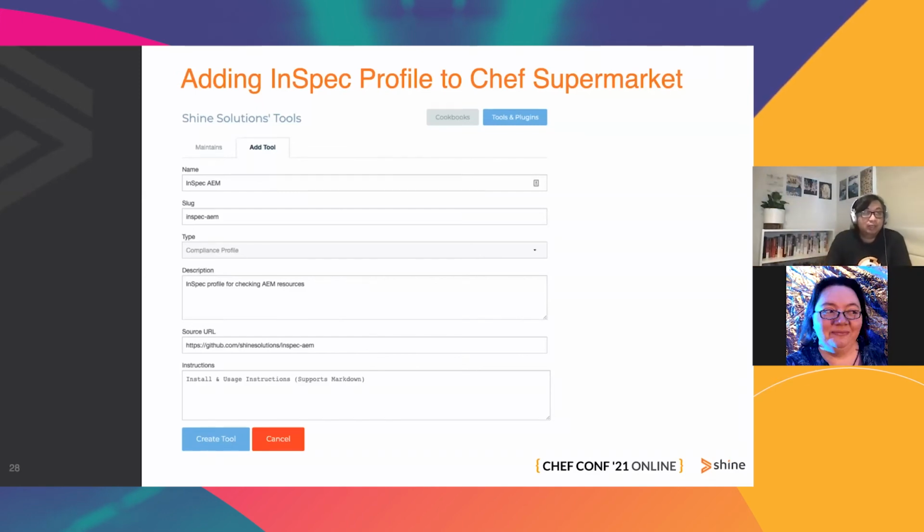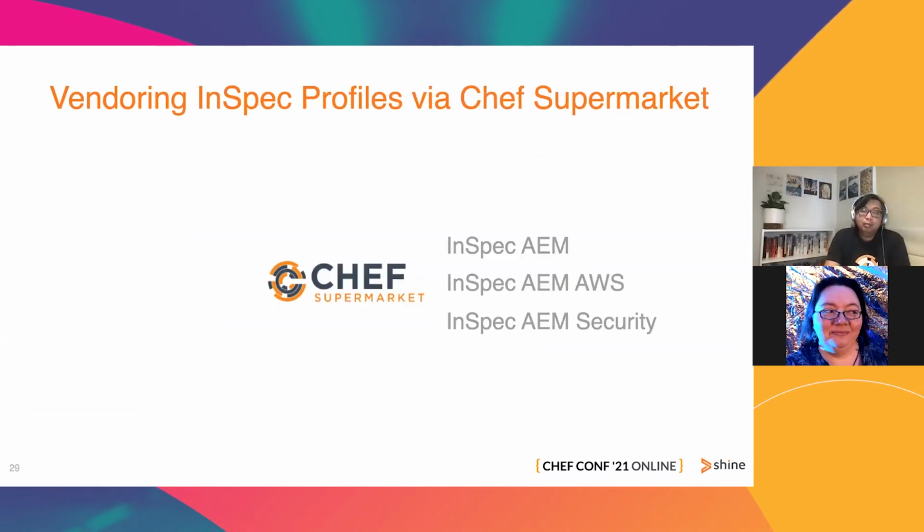If you go to Chef Supermarket and then log in with your account, then you can add your inspect profile as a tool and specify the name, slot, the type of this inspect checks, where is the website URL, and then submit it. So we registered the 3 inspect profiles that we open source.